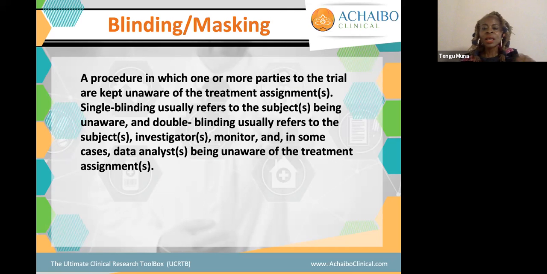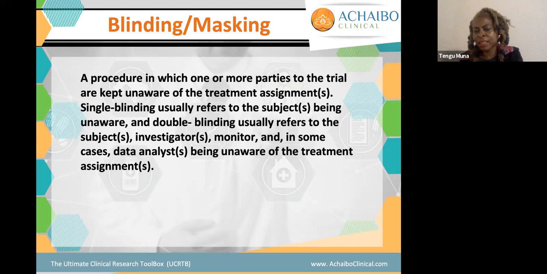But then if it is double masking or double blinding, nobody knows. The pharma company doesn't know, the patient doesn't know. But now you might wonder, how will this be possible? Now, it's not defined here, but they typically have a team of people who are going to be the unblinded team. So only they would know. That's how it is typically run. Because we have to monitor things at the progress of the clinical trial, but we also have to ensure that in case there are events that come up, they're being managed by this team.